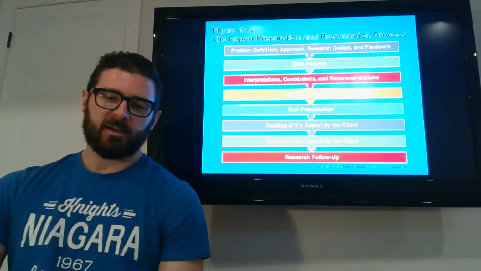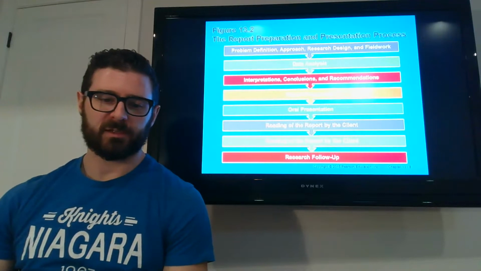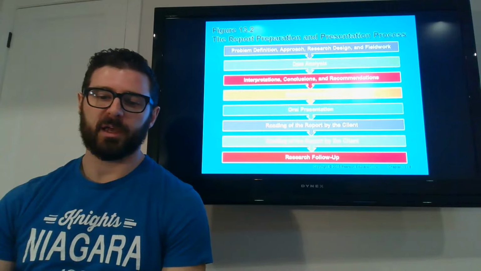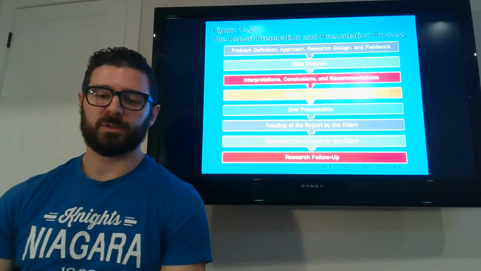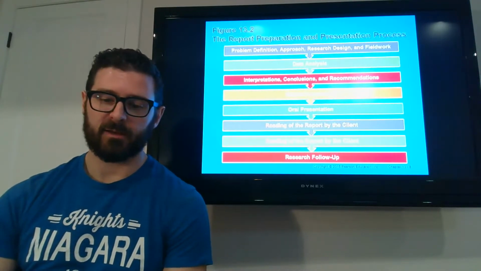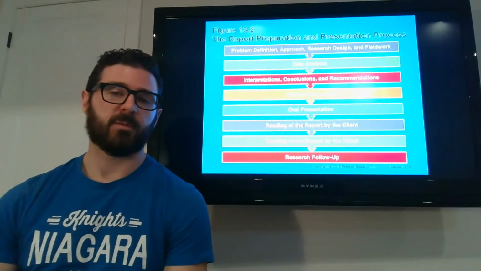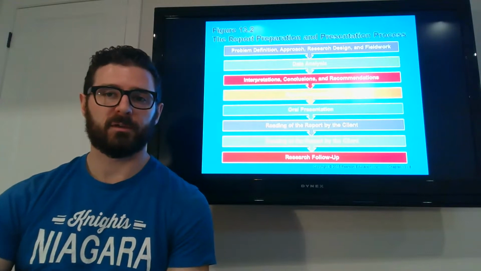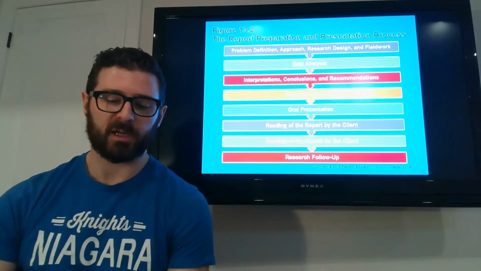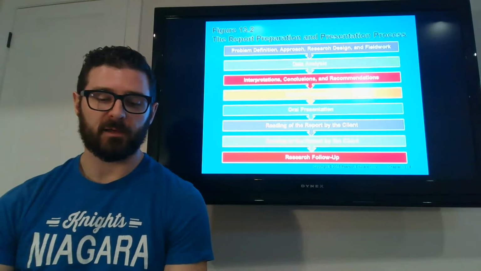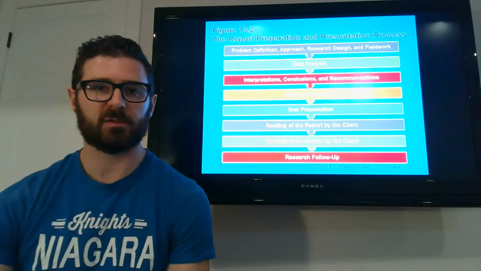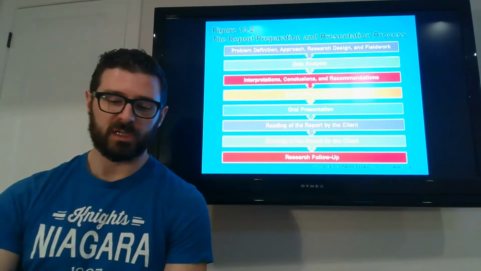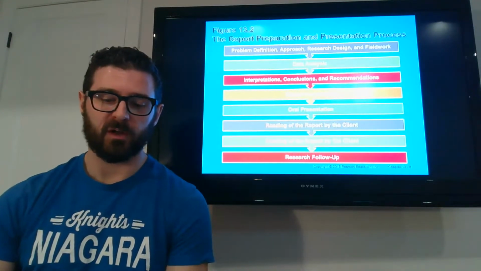So the process itself, the preparation and presentation process: first you're defining the problem, doing the actual design and the field work. Then number 2, you're analyzing the data, then interpreting, making conclusions and recommendations. Then you're starting to prepare the actual report itself, so assembling everything together, followed by delivering that presentation to the decision makers. The client will read the report, and then there'll be some follow-up after that.